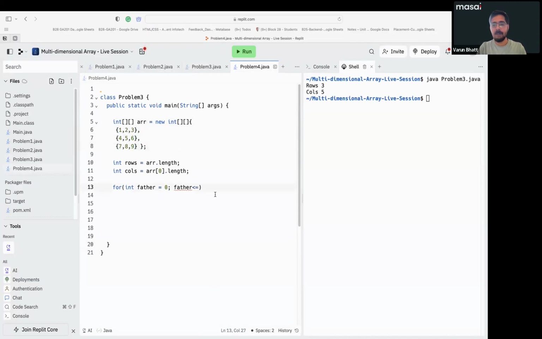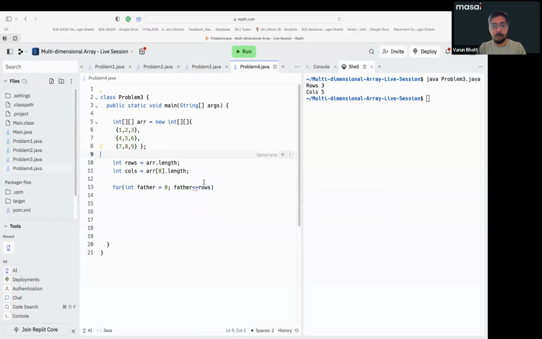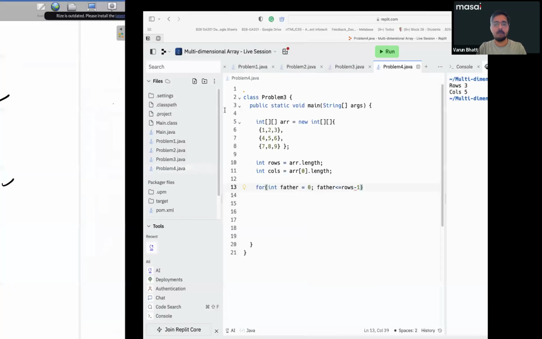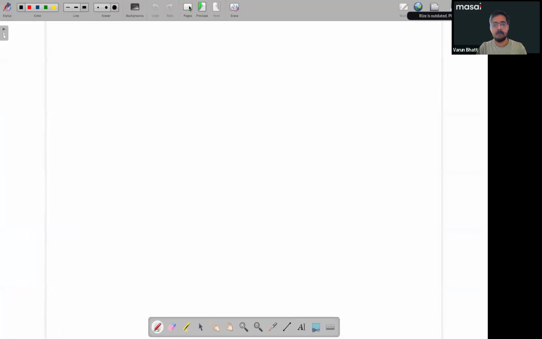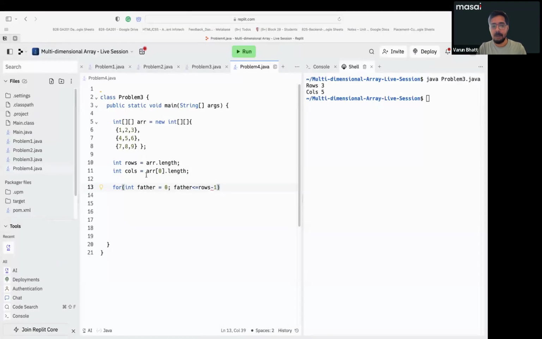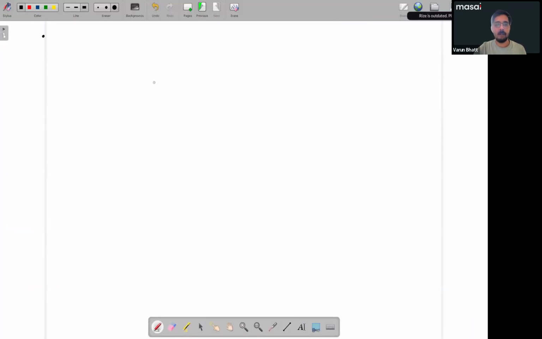Now here I'll write father is going till row and column, whichever you write doesn't matter, because both values are the same right now. But I need to write rows minus 1. Why? Look, guys, when I'm writing the number of rows, tell me one thing. When I'm asking you what is the length of this array,